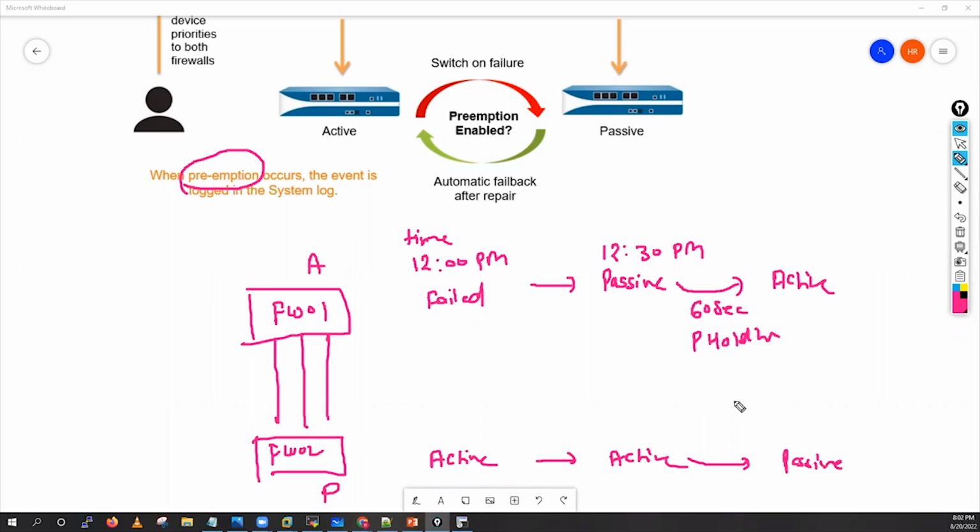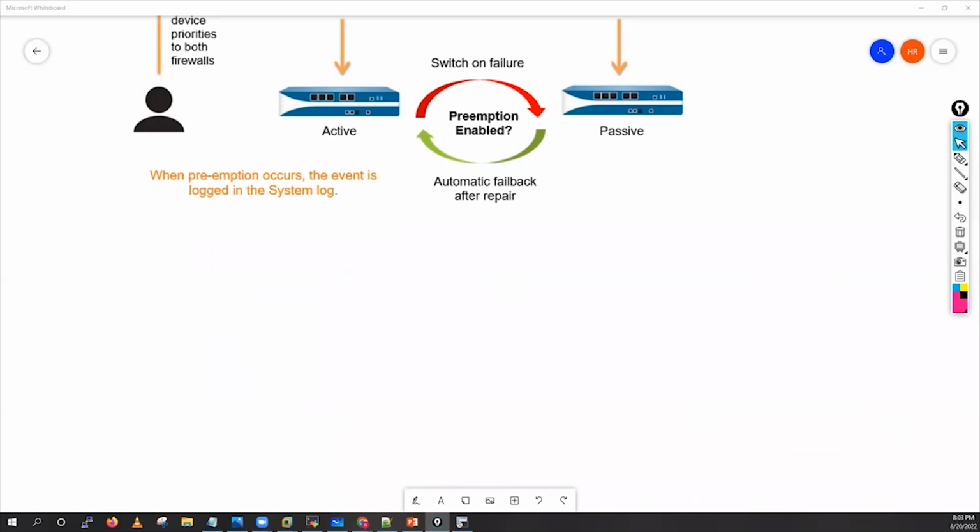So what preemption does is it will always make sure your active unit stays active. The unit will always be in active mode if it is up and running, guys. This is your preemption. Now,